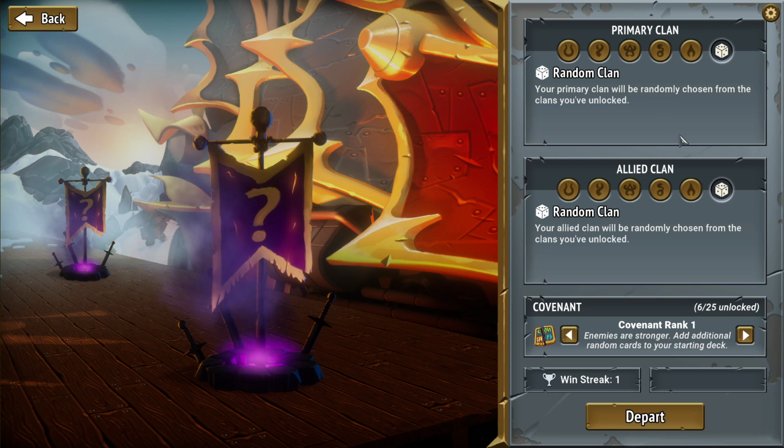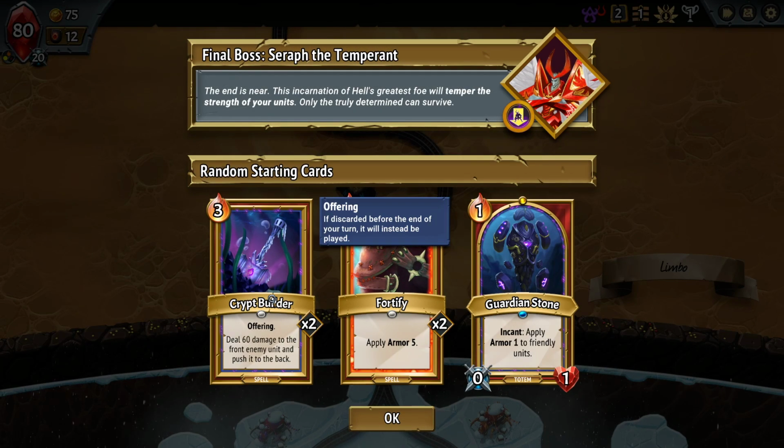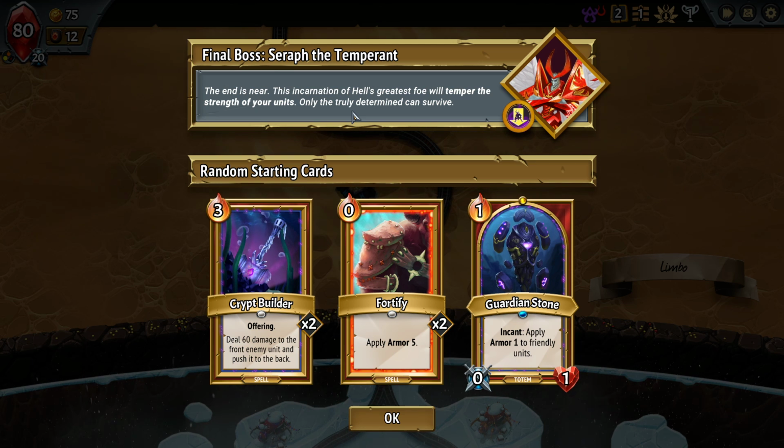We have a primary and an allied clan that are both randomized, and we are going to increase, finally, after having achieved level 10 on all characters, therefore having all cards and relics unlocked, to Covenant 2. Add a dead weight to your starting deck. Let's go. They're cumulative, so we'll get the effects of both of the